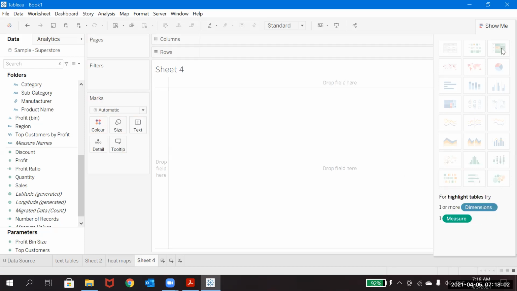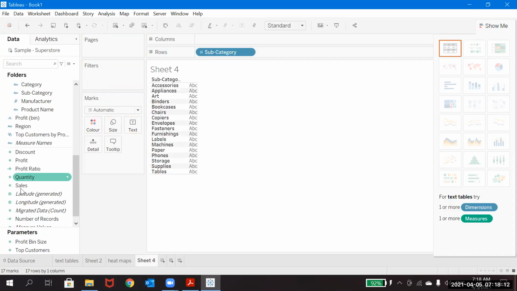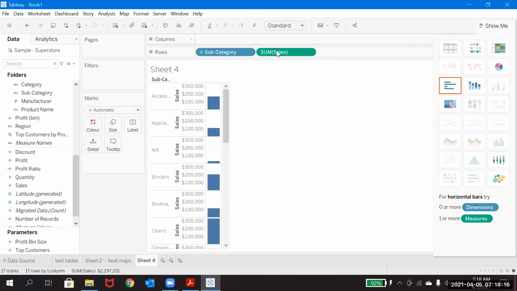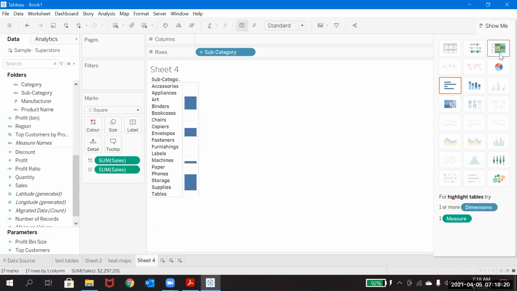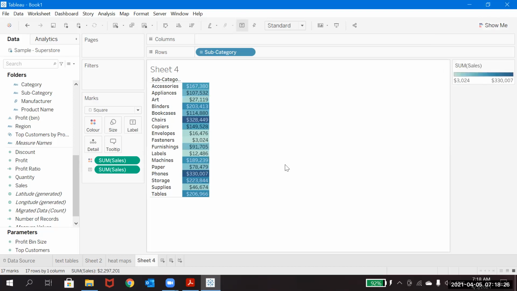See the highlight table. So one or more dimensions. Now I'm clicking on this and see what's happened here. Did you observe what happened exactly here?